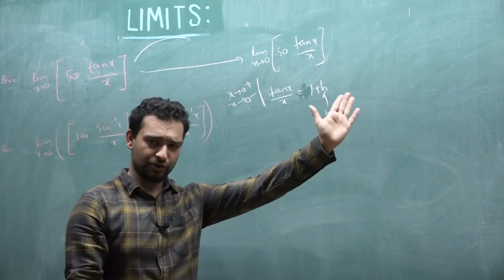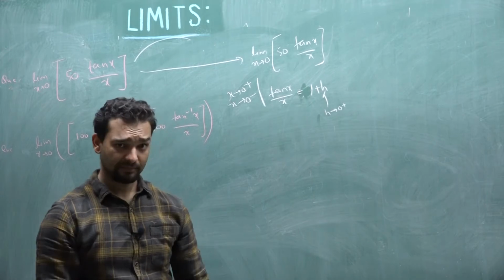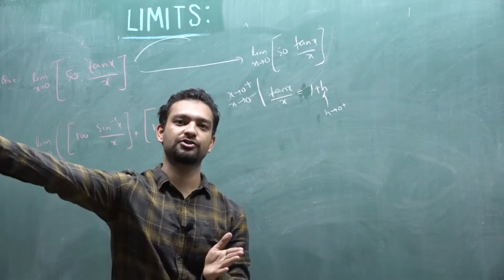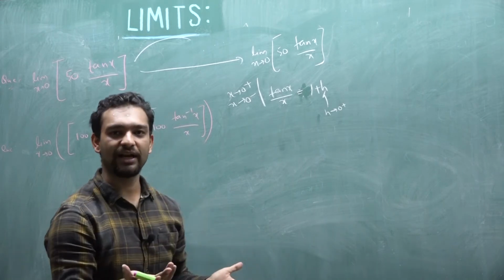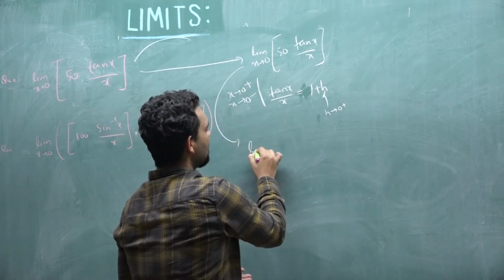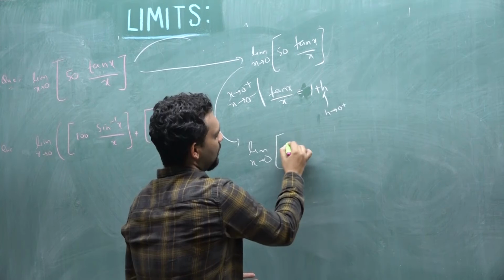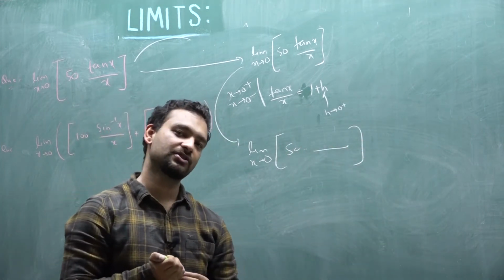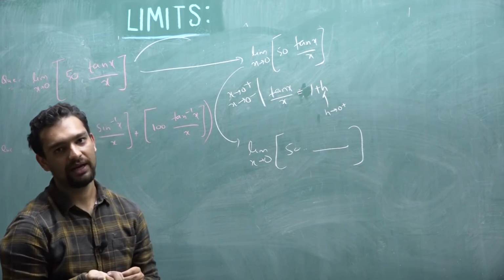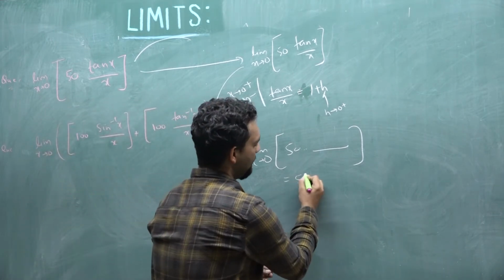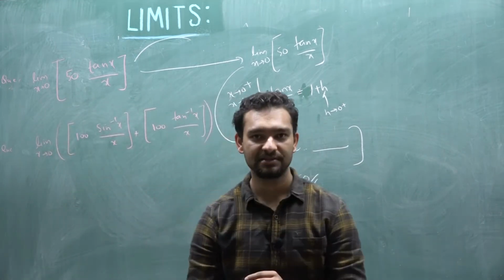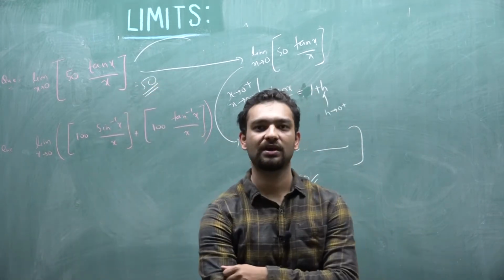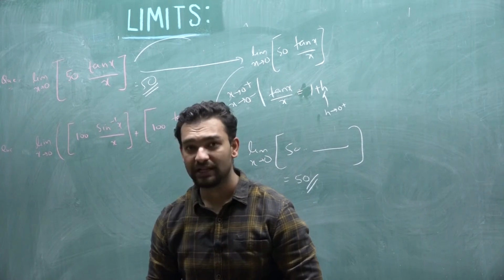So this will be 1.000000 something. So this whole value now will be what? 50 into 1.000000 something gives 50 point something. So from here we get limit x tending to 0, 50 point something, and the greatest integer of 50.00000 will always be 50. So this was your first one. The value of the limit came out to be 50.